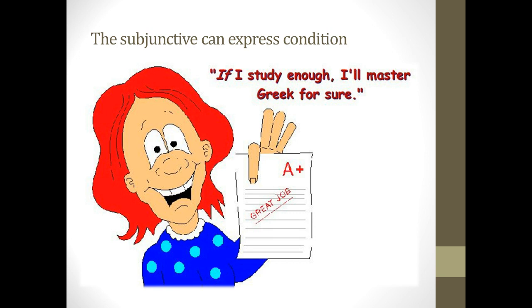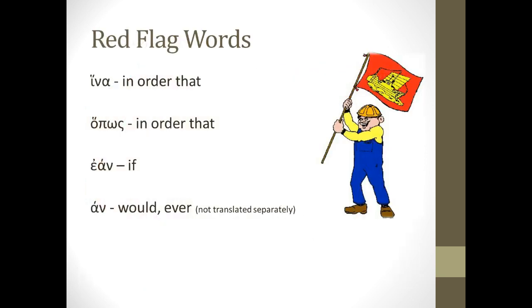Now, before we roll up our sleeves and actually get into the verb endings for the subjunctive mood, you need to be introduced to a set of words that are going to become very important for understanding the subjunctive and actually knowing how to translate it. These are going to be referred to as red flag words. These are a series of words over the next few slides that you will see appear before a verb that is in the subjunctive mood.